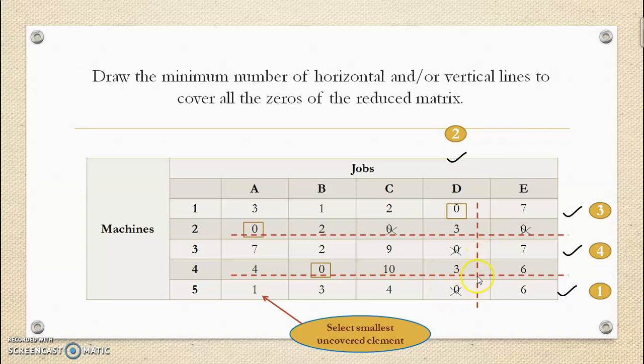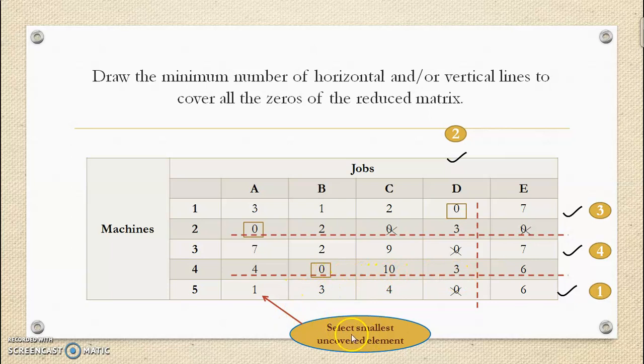Now the marking is completed for rows and columns. Now we have to draw the lines for unmarked rows and marked columns. It covers all the 0 elements, either crossed or assigned. Once the lines are drawn, we have to select the smallest uncovered element. An uncovered element is an element where the lines do not pass through the matrix cell, and the elements where the lines pass are called covered elements.